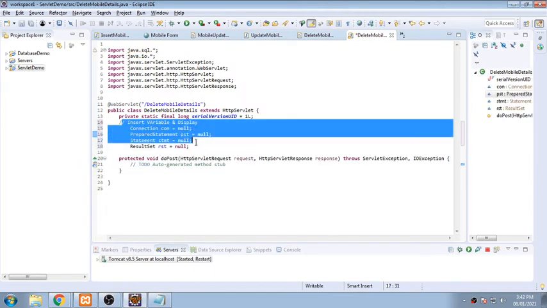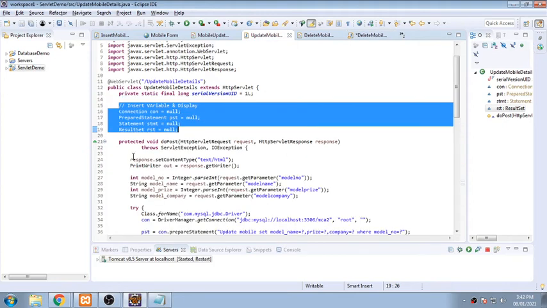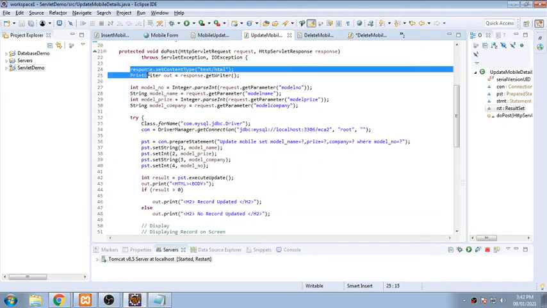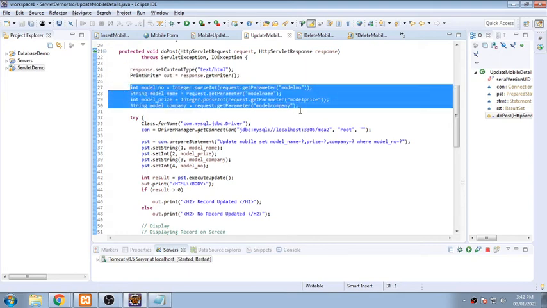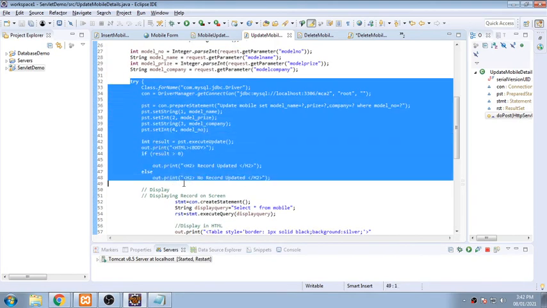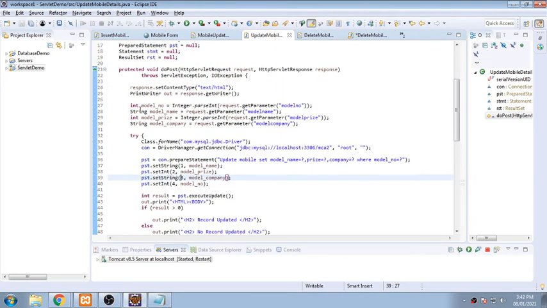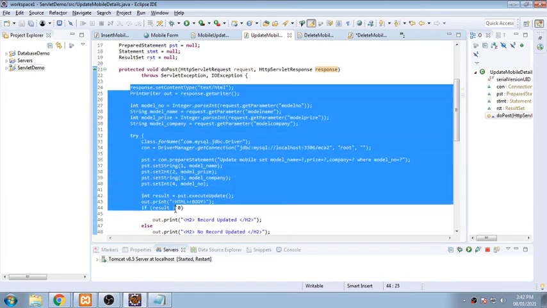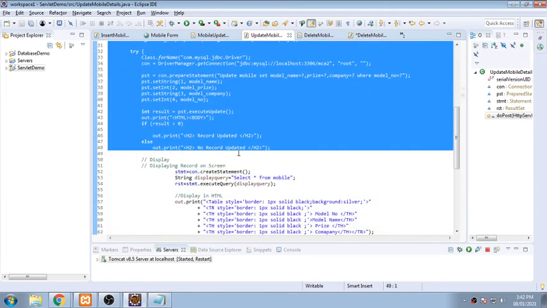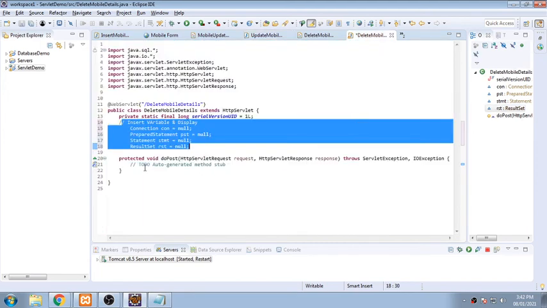Now in the doPost method we have written these two lines for initiating a response, that is a PrintWriter and the content type. These are the four variables for accepting values from the text boxes of your HTML file, and this is the try-catch block in which we have written something. So I am copying code from the doGet method, till before displaying, and I will be pasting it within your doPost method.